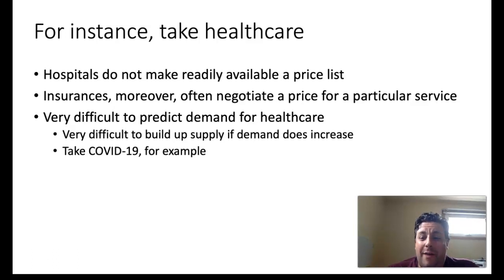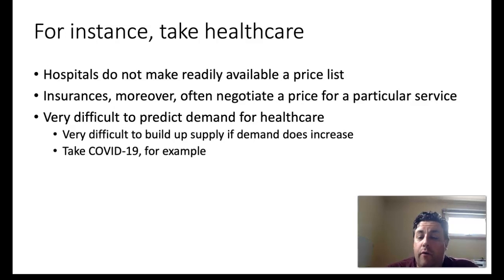It's difficult to predict how many people are going to come in for, say, a broken arm or a hernia operation or something like that. There are ways to do it, usually predicting how many occurrences will happen based on the size of a population, but it's very difficult to do. And then, of course, it's very difficult to build up a supply of healthcare if demand all of a sudden does increase. And that was actually one of the problems